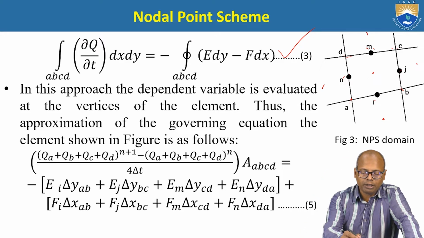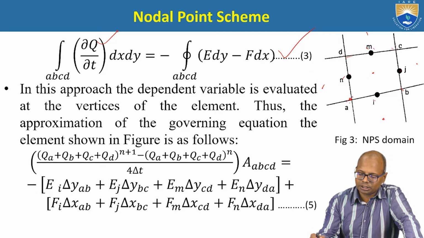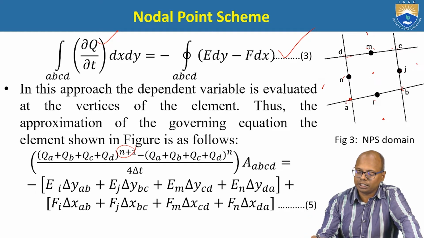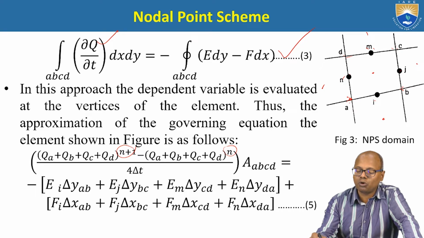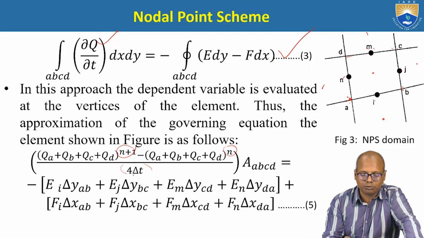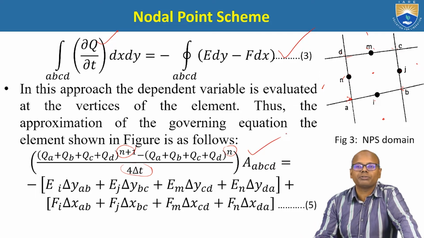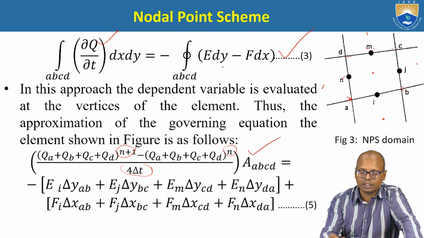Now if I want to transform this into a quadrilateral, how will it be? QA, QB, QC, QD at time interval n plus 1, and QA, QB, QC, QD at time n. That difference I have to take, and since I have 4 nodes, I have to take 4 into the time interval, and this area of ABCD is common. The area of ABCD is multiplied. Now how will this transform? This will be transformed as